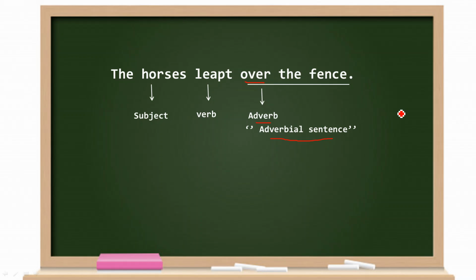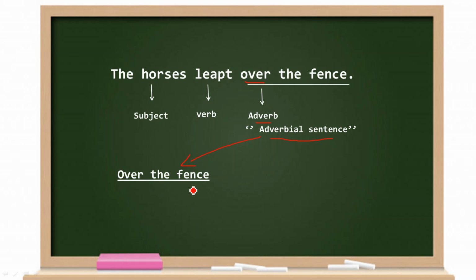Now this is a normal sentence with a normal order. هذه جملة عادية بالترتيب الاعتيادي. Now in this grammar you have to invert. لازم نقوم بعملية استبدال أو تحويل الأماكن. Now how can we do this? First of all, we bring the adverbial sentence. نحضر الجملة الظرفية المكانية في بداية